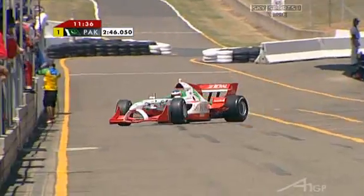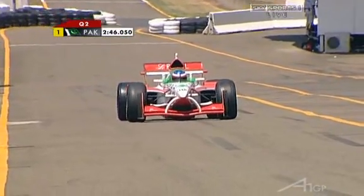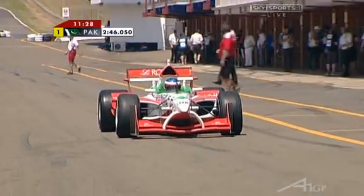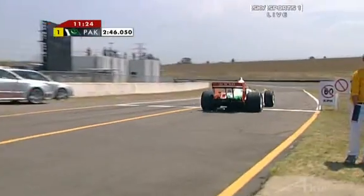So he's got new tyres. You can see the shine on them. So we know that that's on a brand new set of tyres, and we'll see how his performance relates to that of Pakistan. So, the long run down the pit lane, and it's interesting to talk about what Mexico did